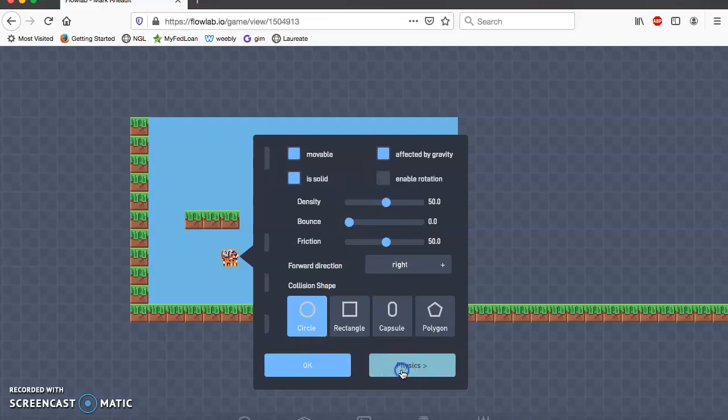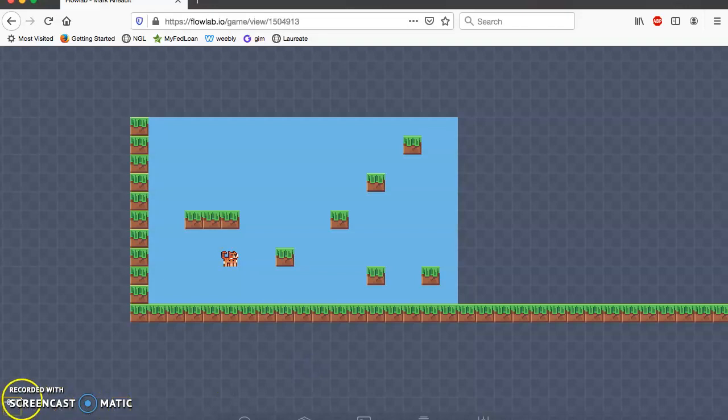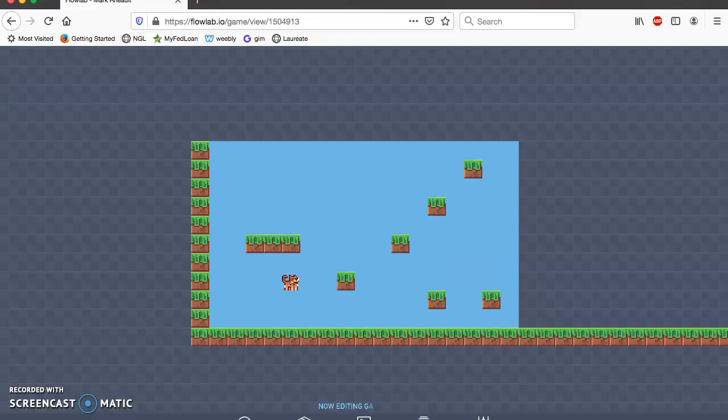Going back to properties, and I'm going to rename this type. I'm just going to go ahead and put cat, and then I'm going to hit OK. Okay, so now I'm just going to make sure that this looks fine. So I'm going to hit the play button at the bottom, and this looks like a game. So I'm going to go ahead and go back to Edit Game at the bottom, and now I'm back in